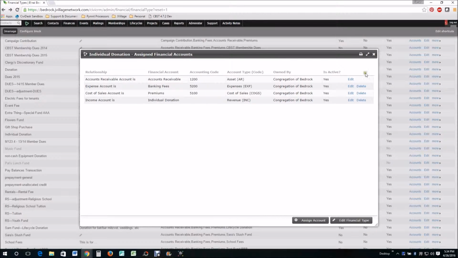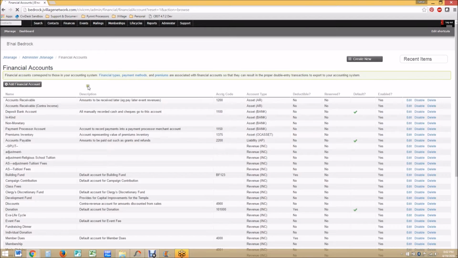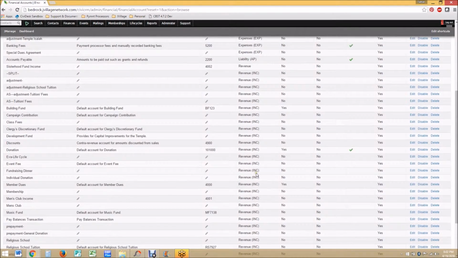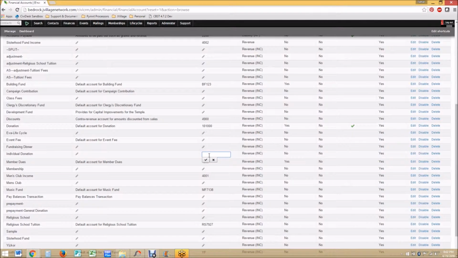So just to recap, financial accounts essentially direct the debits and credits of the financial information that you will eventually transfer to your general ledger software. Now to circle back to the accounting code. In order to add an accounting code, we scroll up and click on the shortcut that we have to the financial accounts administration screen. We scroll to find the financial account that was just created for our financial type. Click on the pencil icon and start typing in an accounting code. It's completely optional, but once we are done typing, we click on the check mark and we now have an